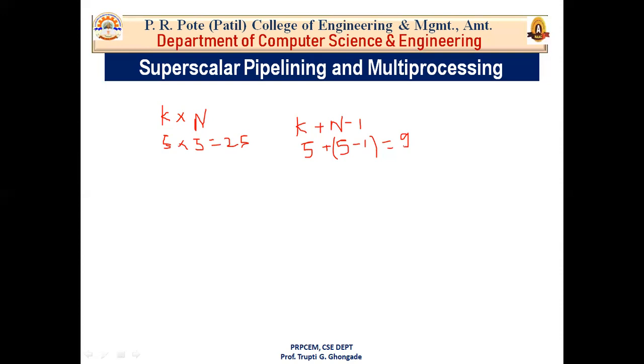Since it's a 5-stage pipeline, how many instructions does Pentium work on at a time? It works on 10 instructions. How does it work on 10 instructions? It is a 5-stage pipeline, but it works on 10 instructions at a time. How is that? As it is a 5-stage pipeline, but there are 2 pipes. In Pentium, though it is a 5-stage pipeline, there are 2 pipes.